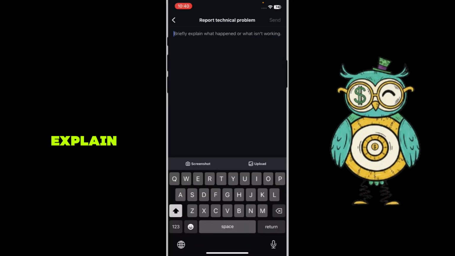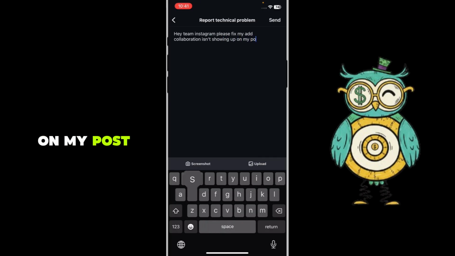Now, you gotta explain to Instagram that you don't have the add collaboration button or anything related to it on your post after you posted it. So I'm just gonna write, hey Instagram, please fix my add collaboration isn't showing up